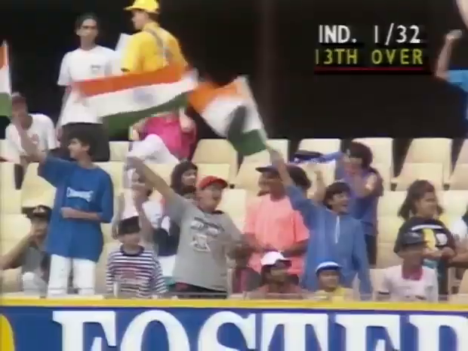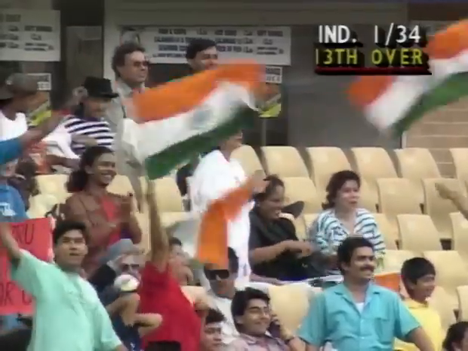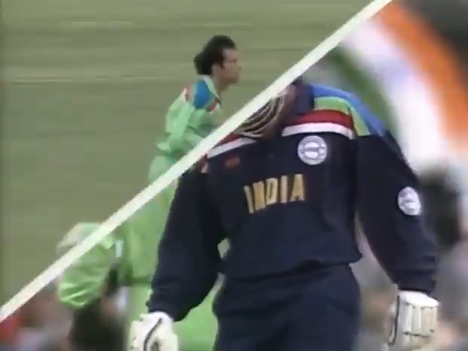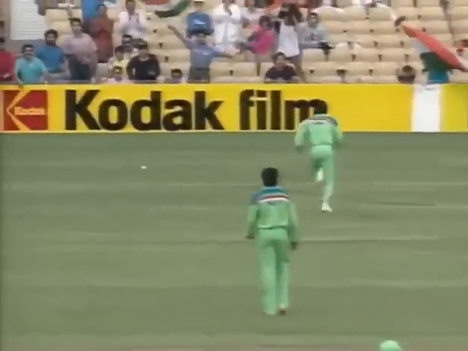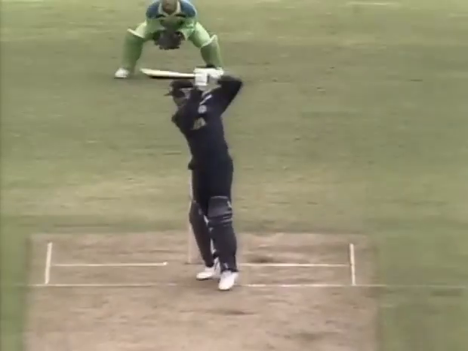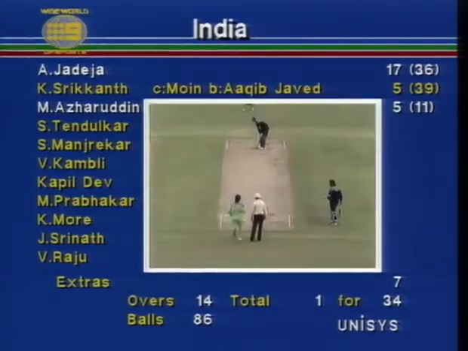That's a lovely shot. Just the most superb timing. Footwork good. Delightful swing of the bat. And perfect timing. Yes, that's definitely what timing's all about. Not too much energy expelled here. And full face of the bat. No problems getting to the fence. 1 for 34. Imran Khan, the bowler.